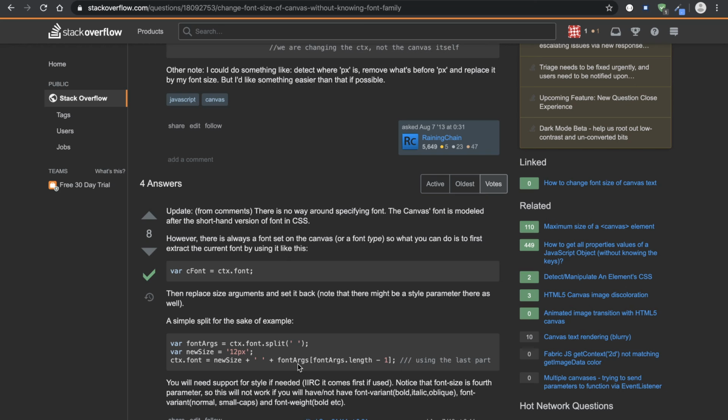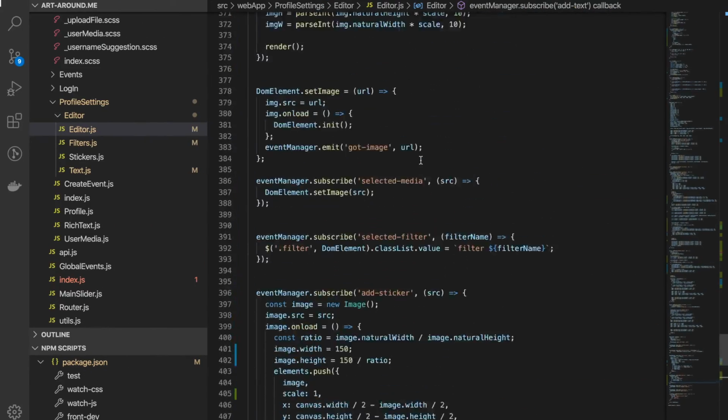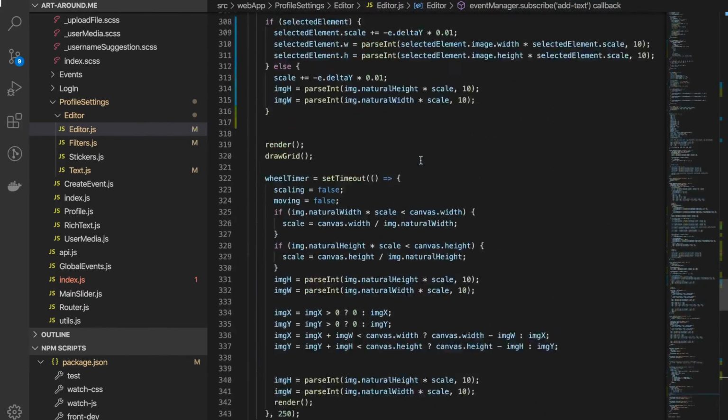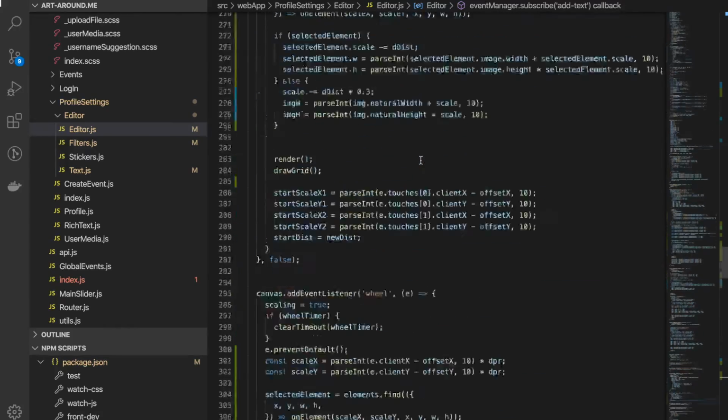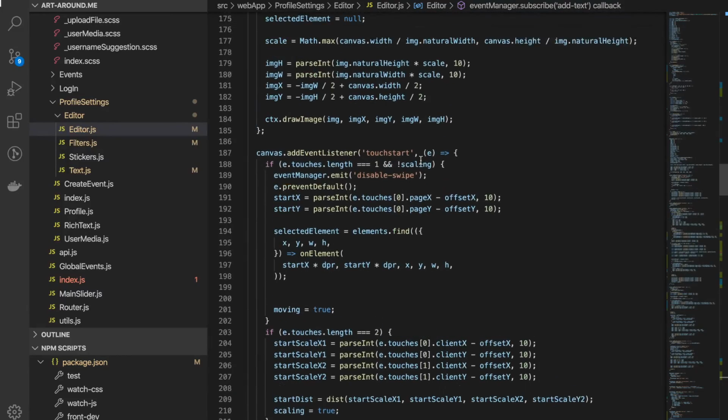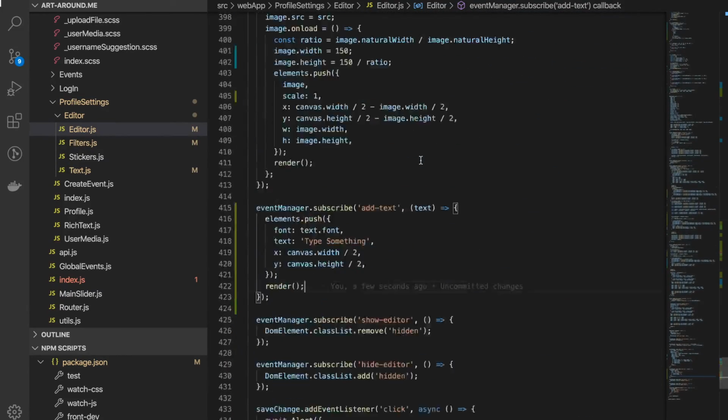A simple split, for example. Yeah, let me give it some size. Either I can